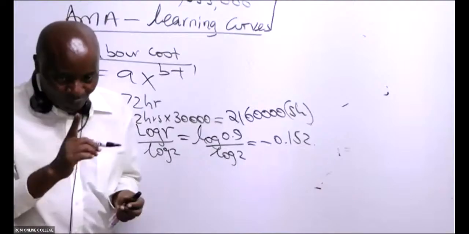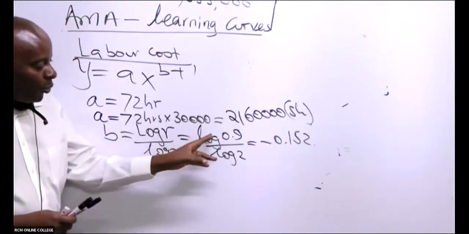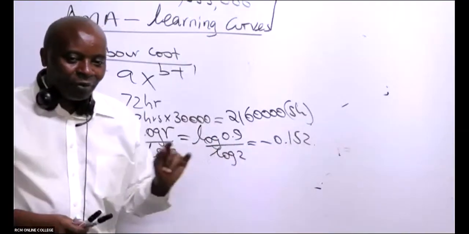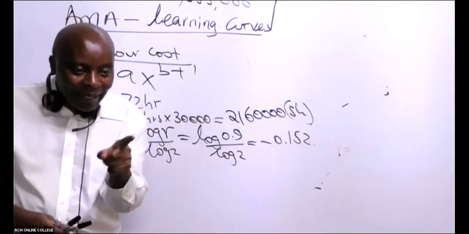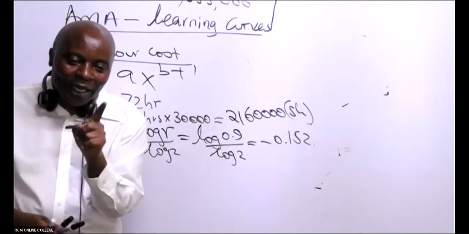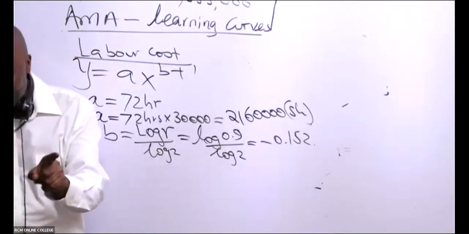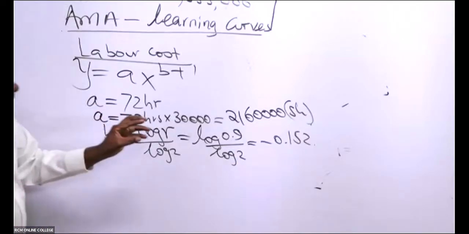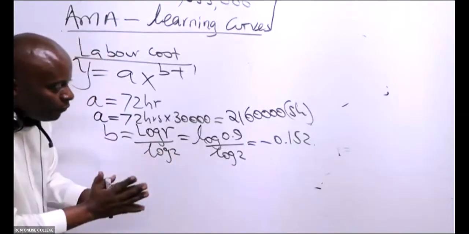But now again, I want to caution you. Suppose you take this approach of mine of computing it. You start computing it, but you get a different figure from the one the examiner has provided. You use the examiner's figure. So if the examiner gives you a figure and you're getting a different one, always use the examiner's figure.